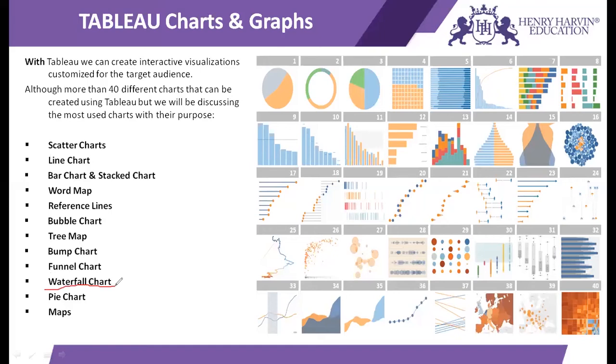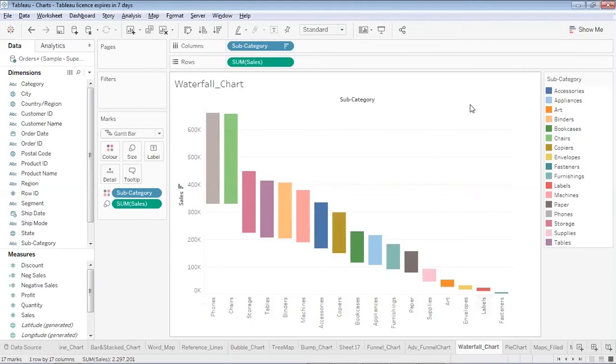A waterfall chart is one of the several methods of visualization. If you have to show the relationship between a measure and a dimension, you can also use a waterfall model. So let me take you to the Tableau workbook where I have created one. This is how a waterfall model looks. Over here, I have plotted the relationship between my continuous variable, sales, and the subcategory, which is my discrete variable. You can see how beautiful this chart looks, like a waterfall.